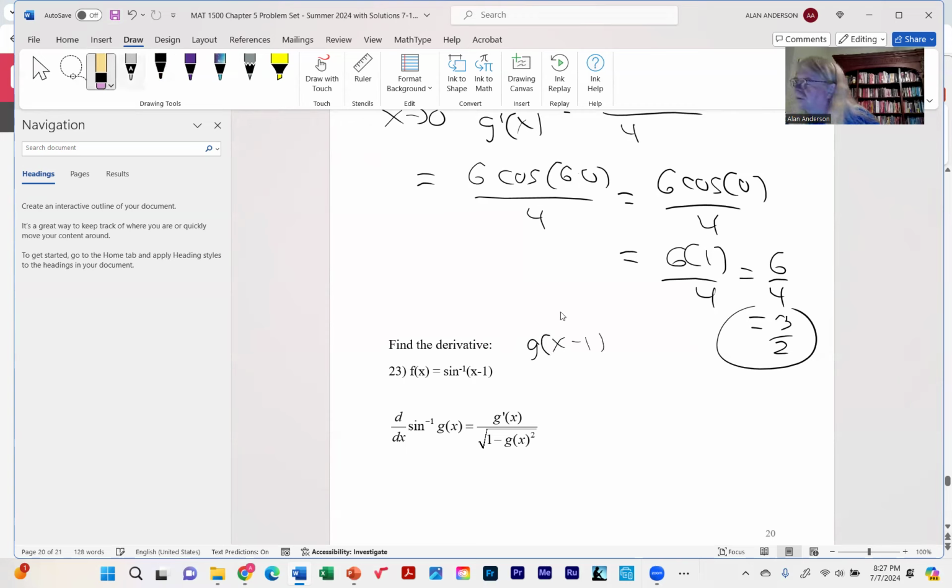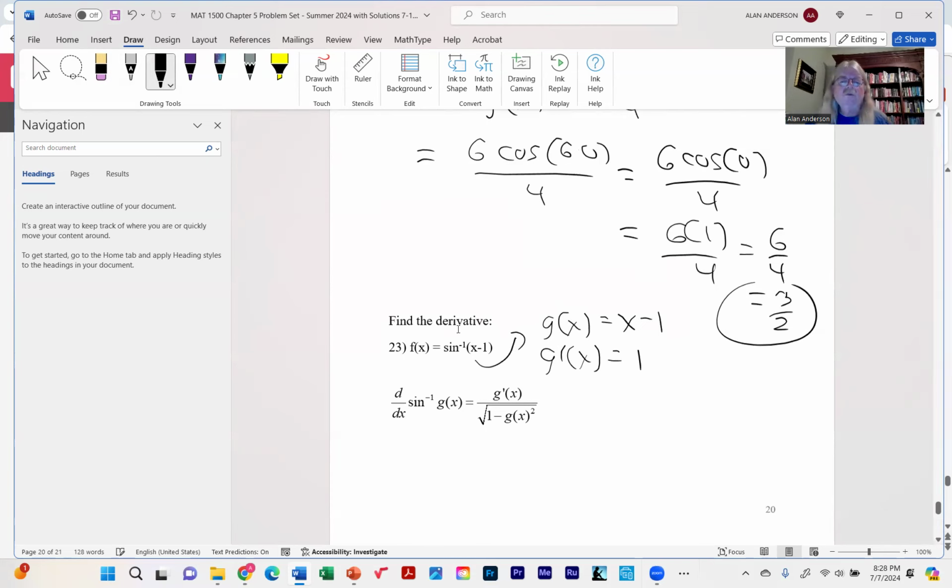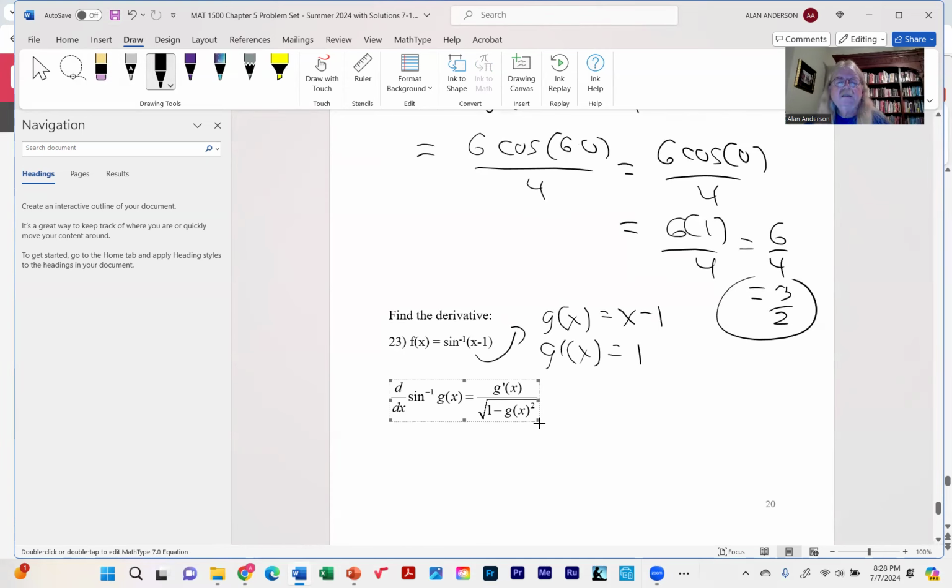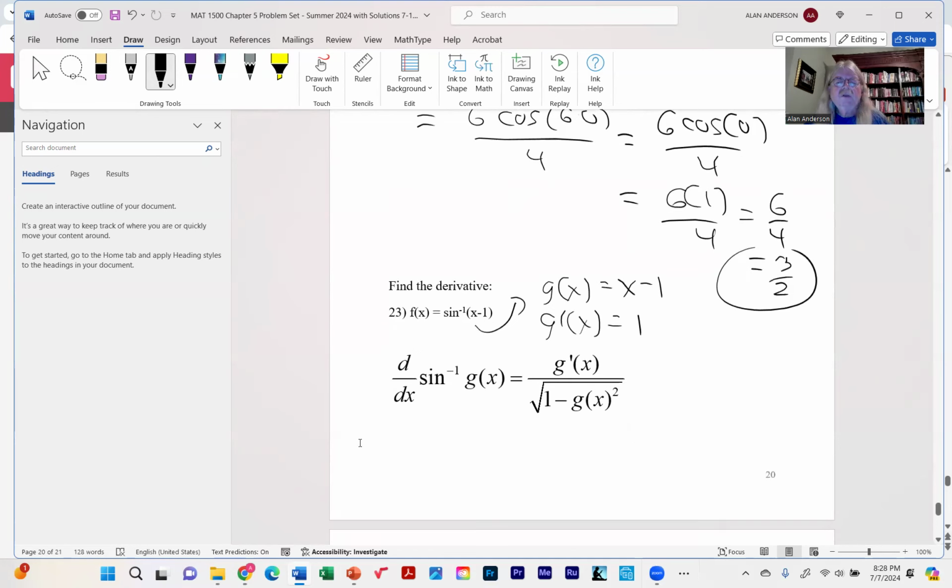Oh, wait, what am I doing? So this is our g of x. And therefore, g prime of x is simply 1. So according to this rule, we'll end up with